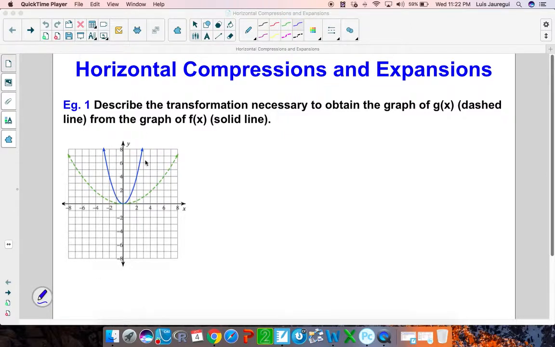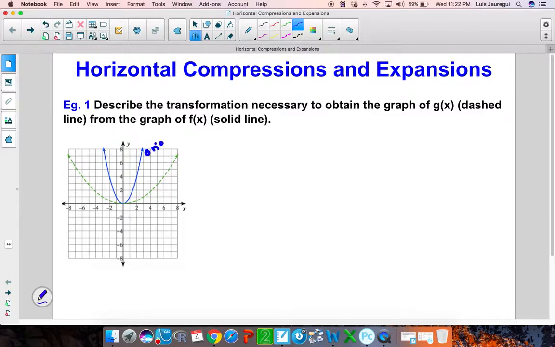So if we take a look at our graph, here we have what we refer to as the original function. So this is the original one. And we are getting the new function, which is in green, okay? This green parabola. Notice that in this case, it seems that in order to get from the blue to the green one, we can pull to the sides, okay? So it seems that we're pulling to the sides, so this is what we refer to as an expansion in the horizontal direction. So we can describe this one as, let's expand horizontally,